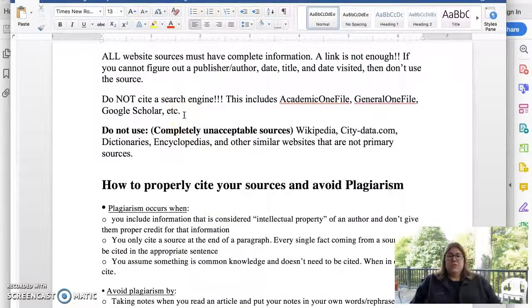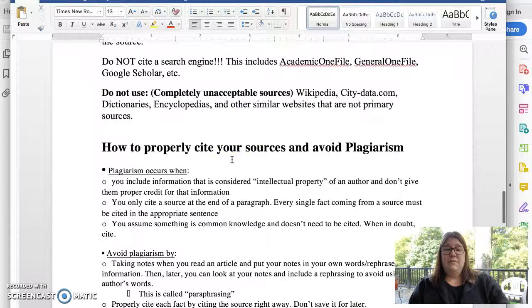Do not cite your search engines. Let's say you go onto your library site to look at journals, and you use Academic OneFile, or you use GeoRef, or one of the many search engines that they use. You don't put that in your citation. You put the journal, volume number, all of that kind of information. I don't care what search engine you used, okay? And I don't have access to the same search engines that you do, so there's no point in putting it,